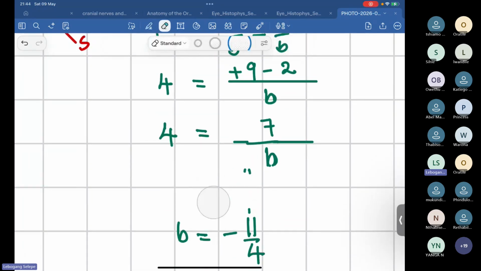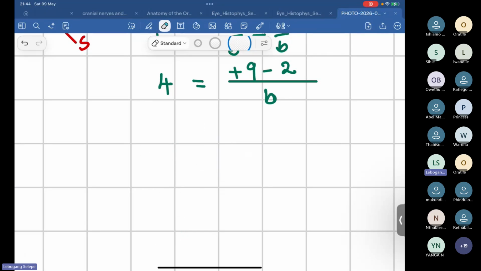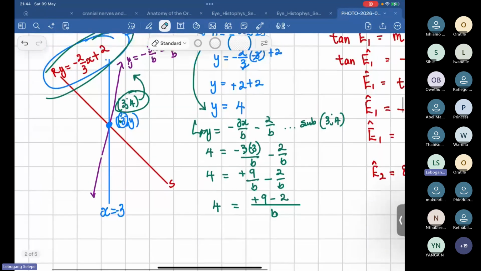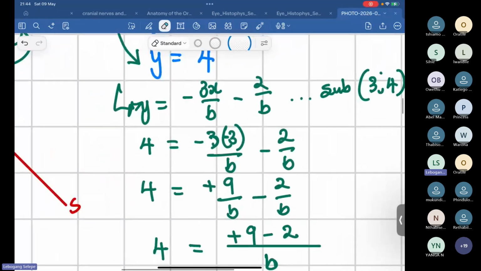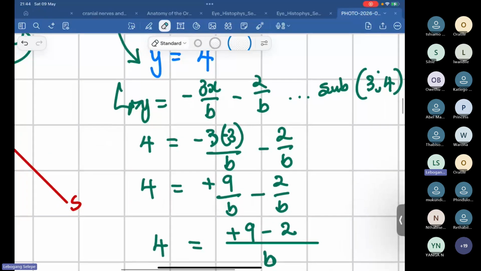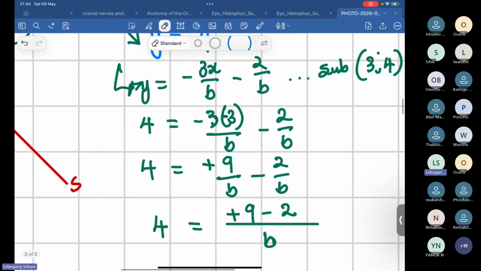Maybe let's just start here all together. So I said I made a mistake. This is a negative 3, not a 3, the value of x. So 3 times 3, that's 9, which is going to be this positive 9. And then minus that 2, which is going to be 7,